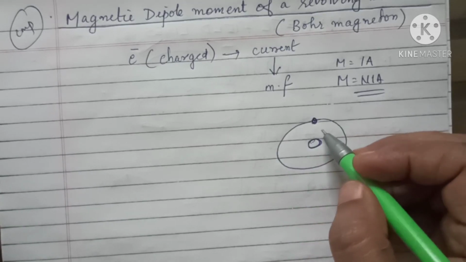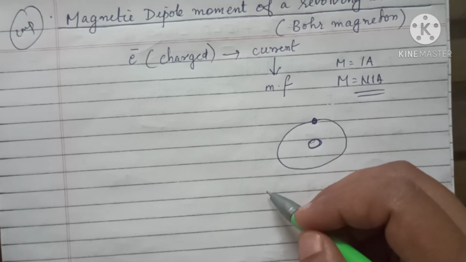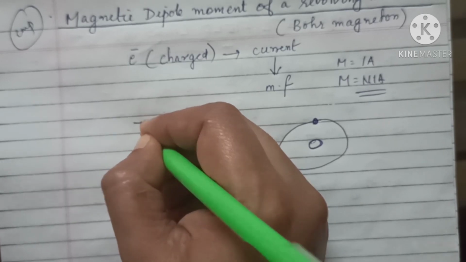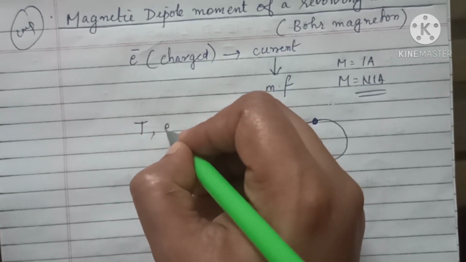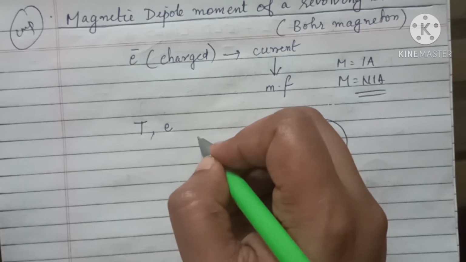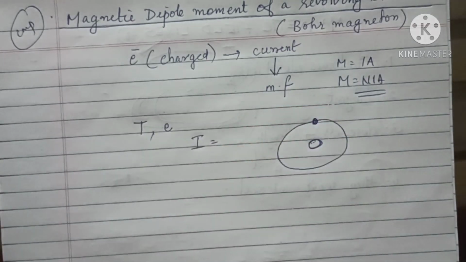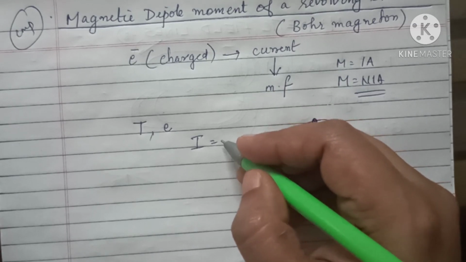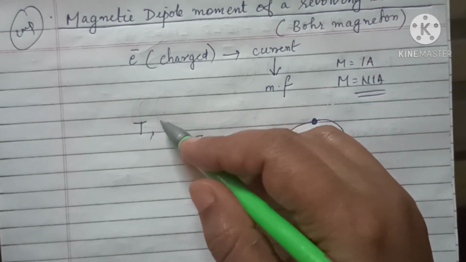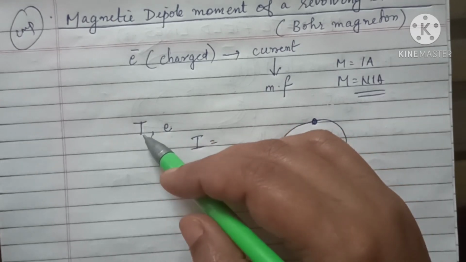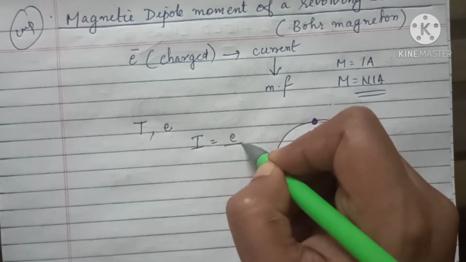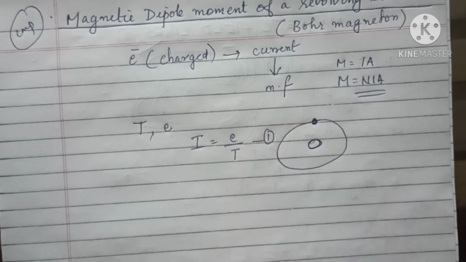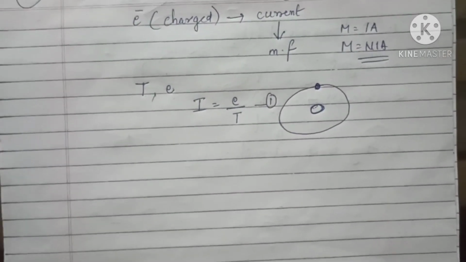So suppose this is the nucleus and the electron is revolving around the nucleus. Okay. So if you are considering the time period of revolution as T, and the charge of the electron as e, then what about the current generated because of the movement of the electron? It is I equal to Q by T, isn't it? So here you have e and T. e is the charge of an electron, T is the time period. So you can write e by T. Okay, so this is the expression for current, which we can denote as equation number 1.